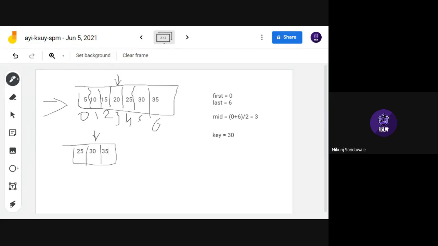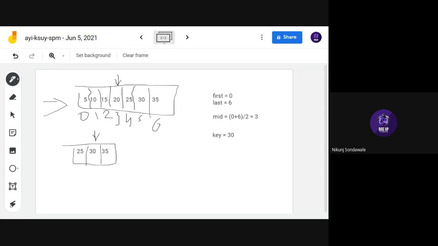And the last one: last equal to the length of my array minus 1, array1.length minus 1. Here we have found the last number of our array.